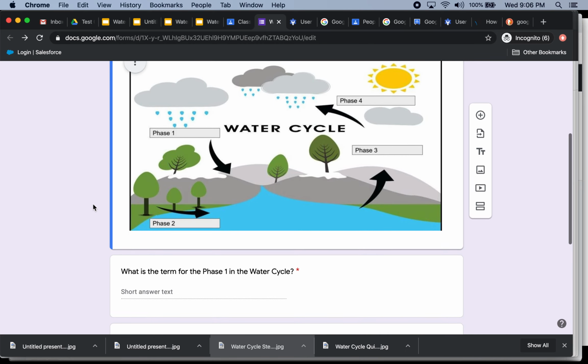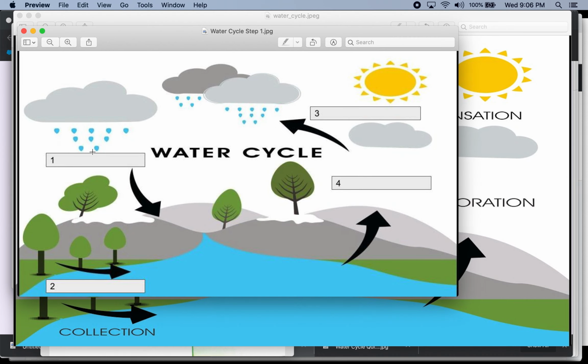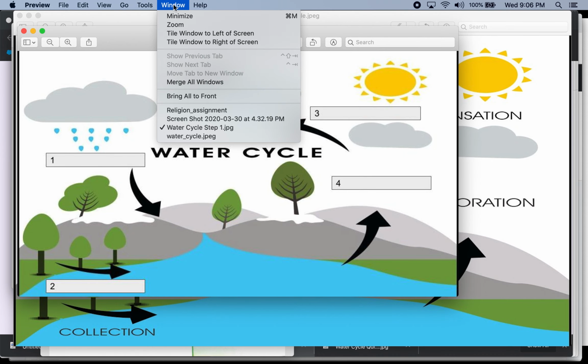And when you work with forms, there are ways to do automatic grading and so forth. Again, that's not going to be covered here. Now, that covers one type of image that we were asked to handle bringing in and how to turn that into an assignment. I do want to show you something else where we might be working with a book